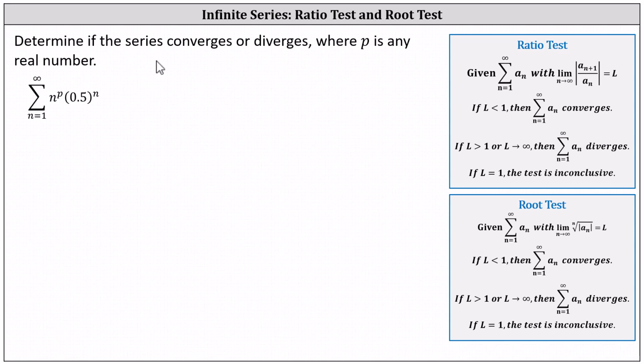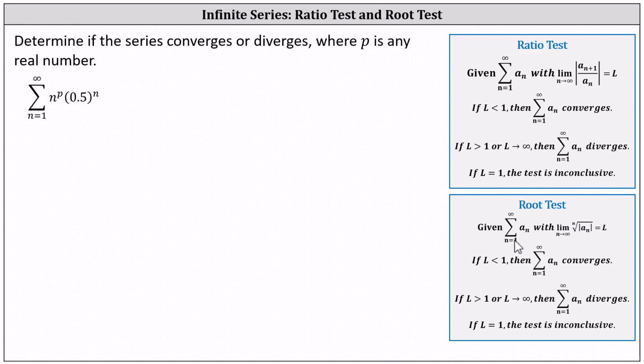Determine if the series converges or diverges, where p is any real number. We have the sum from n equals 1 to infinity of n to the power of p times 0.5 to the power of n. Because we have a power of n, we will use the root test, which states, given